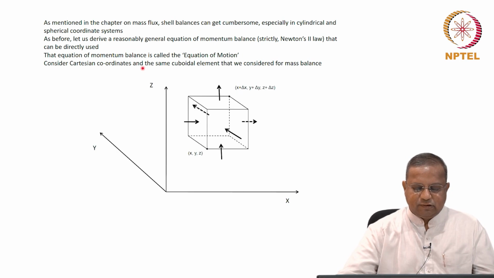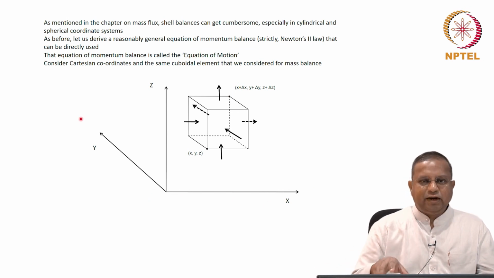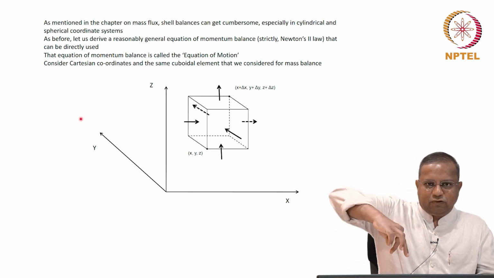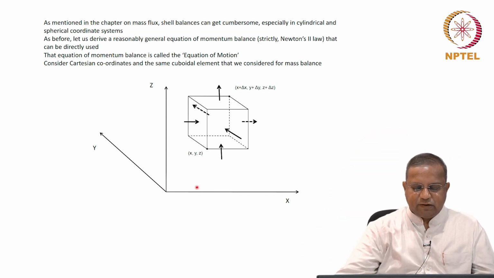So this is the same volume element, the control volume or system, if you want to call it so. A control volume has a fixed volume, a system could change volume. That's the only difference between those two terms. Let us take a control volume in the rectangular Cartesian coordinate space. This is x, this is y, a right-handed Cartesian coordinate system. From x, you go to y, and a right-handed screw moves in this direction. Therefore, this is z. This is the cuboidal control volume.